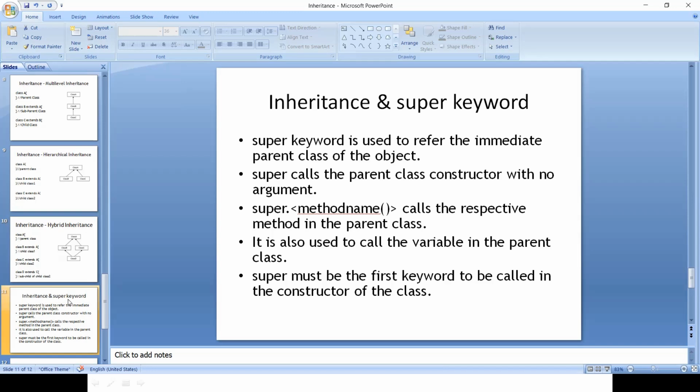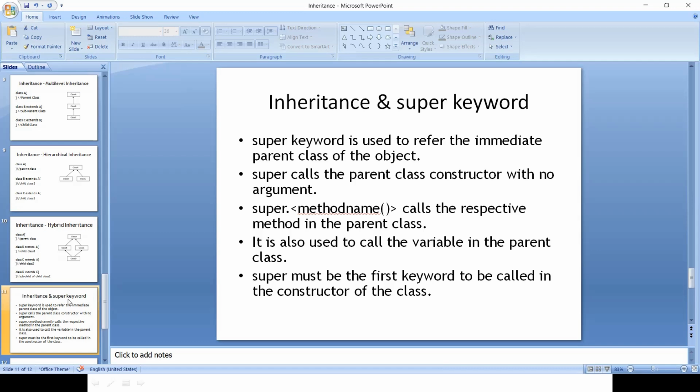The immediate parent class of class C would be class B. And for class B, the immediate parent class would be class A. So now the super keyword lets you refer to the immediate parent class of the current object.